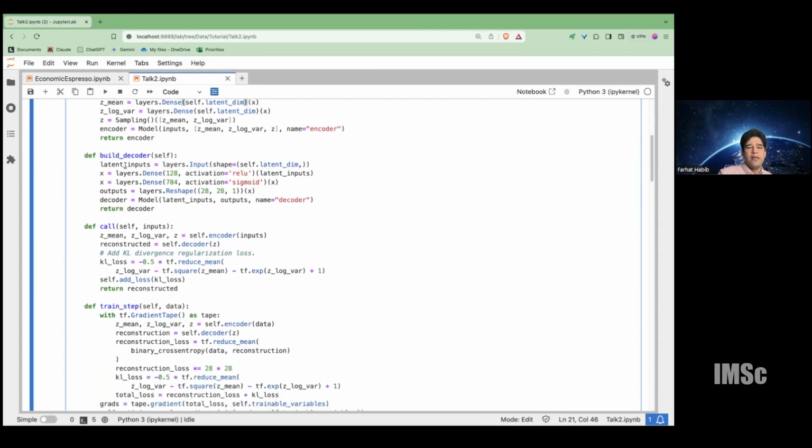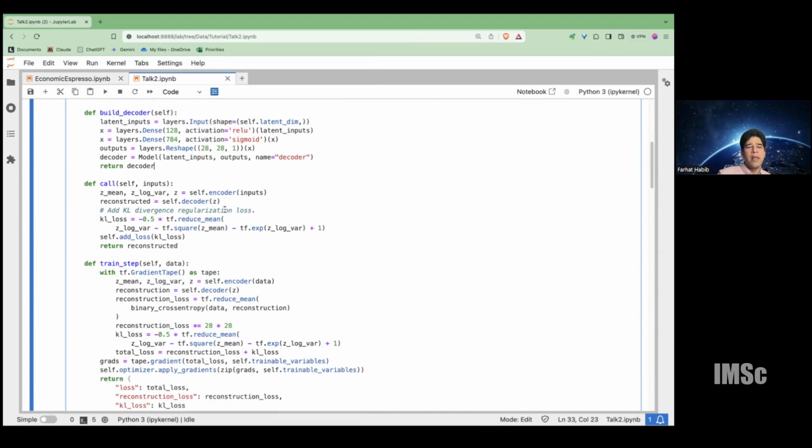Then we have a decoder, which is exactly the same. The decoder has 128 neurons to start with, and an output layer, which is 784, which is 28 by 28. And this reshapes the 784 length vector back into a 28 by 28 matrix.